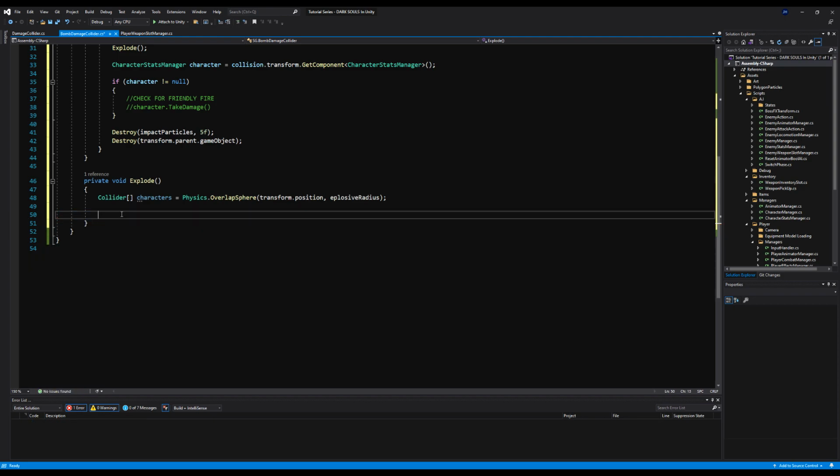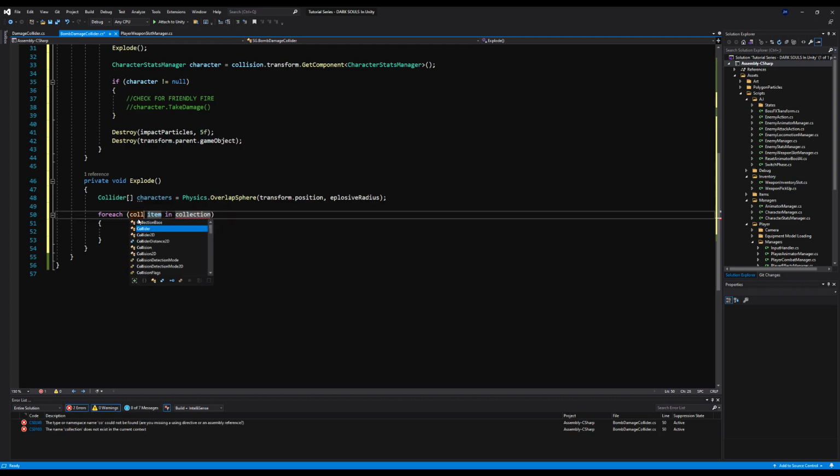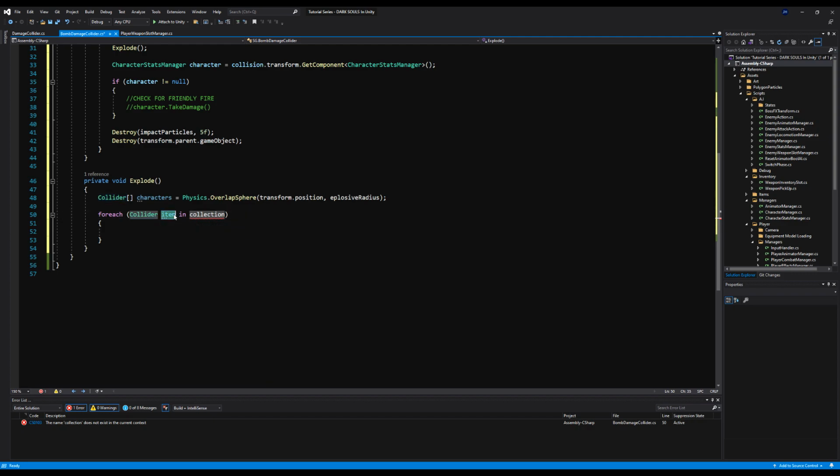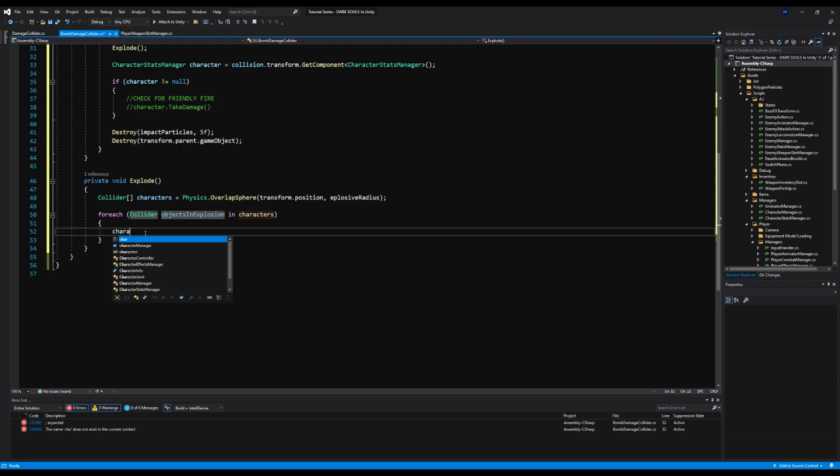And then we're going to make a foreach loop. For each character that's caught in this explosion, in this explosive radius, we want to deal damage to them equal to the explosive splash damage of the bomb. So very simple, very powerful, very straightforward. It's just going to create an invisible sphere on the point of explosion. And then if any characters are in that sphere at the point of explosion, we're going to say for each collider objectsInExplosion in characters, we'll make a variable